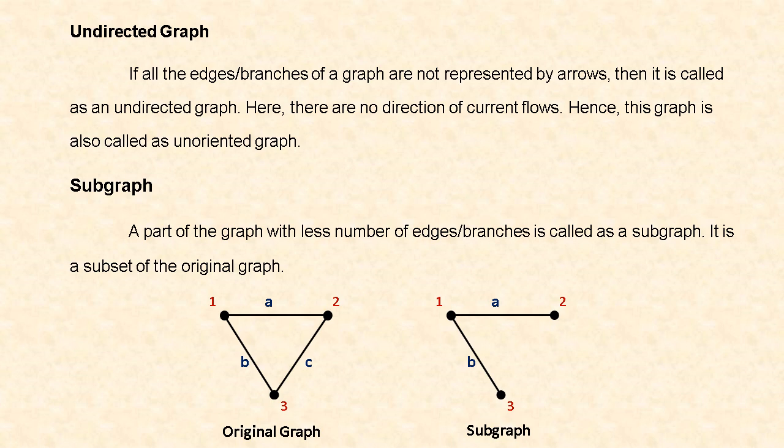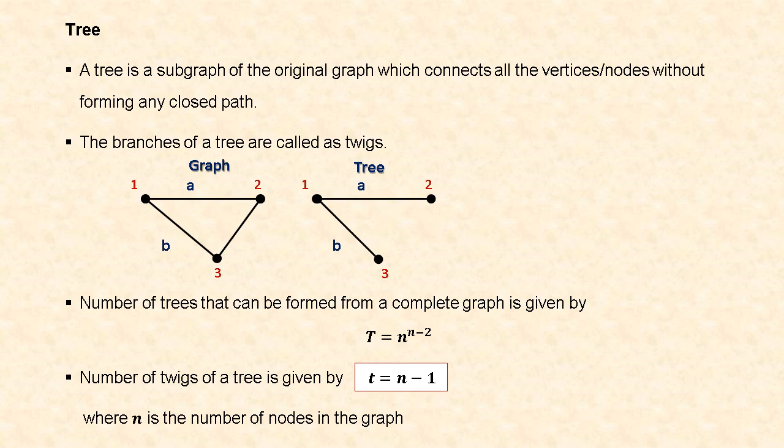It is the subset of the original graph. In the figure, if you see, it has 3 branches A, B and C and 3 nodes 1, 2 and 3. If you see the subgraph, it has only 2 branches A and B and it has all the 3 vertices. Next, tree. A tree is a subgraph of the original graph which connects all the vertices or nodes without